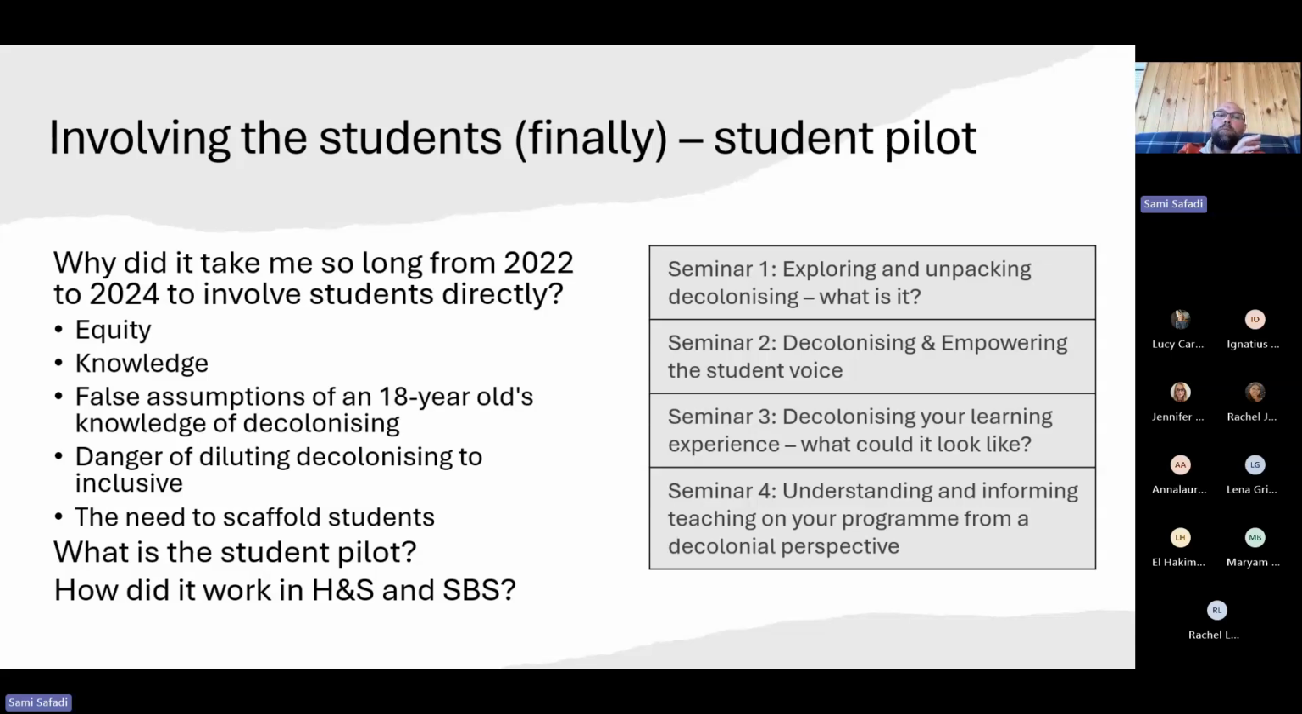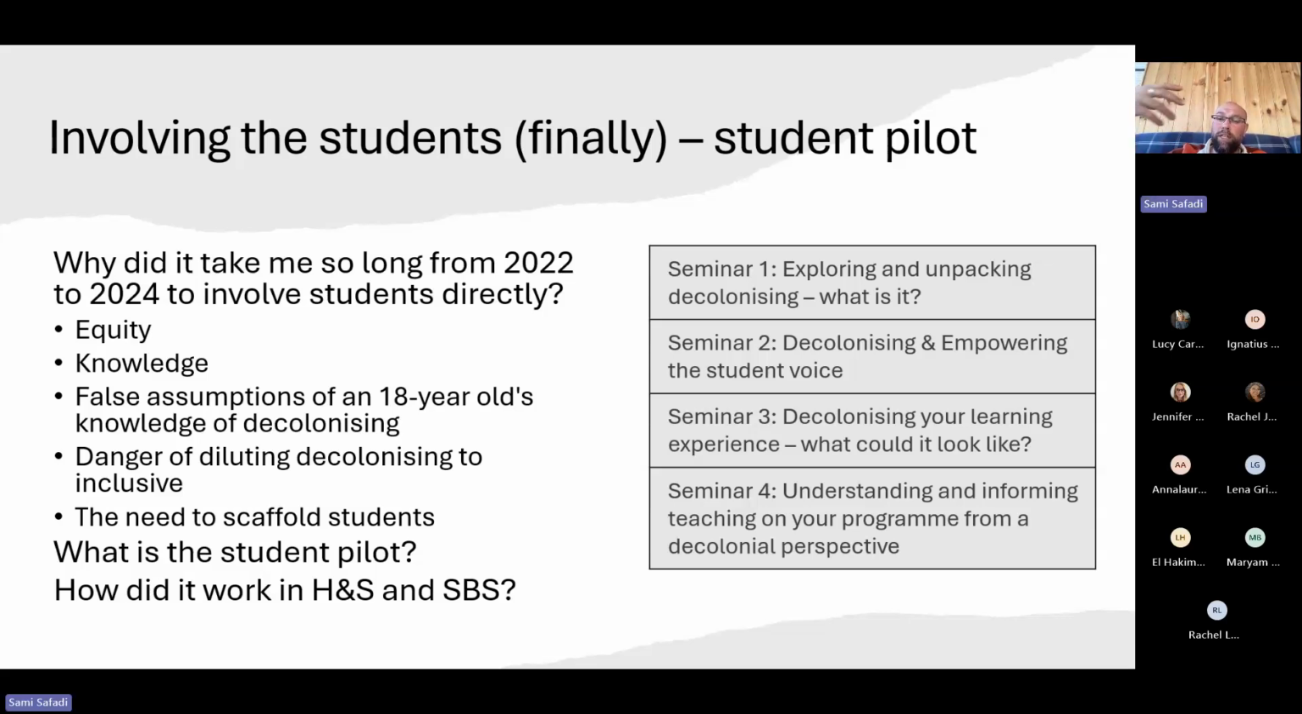But this pilot provided the resource and the opportunity for me to run a separate program for students. So the students weren't linked to the e-course; as you can appreciate from how it's focused, it's for staff. And so I created something slightly different for the students. I created a 4-part seminar series, and you can see in the table on the side what those seminars covered. So that introduction to decolonizing and unpacking it,